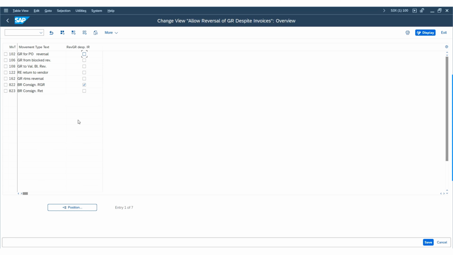If a vendor invoice has been posted and you need to return the materials to the vendor, you typically cancel the invoice before posting the return delivery with the reference to a return purchase order. However, this configuration allows you to adjust the process based on the movement type used for the return. For example, now here if you mark the checkbox in front of the movement type 122,